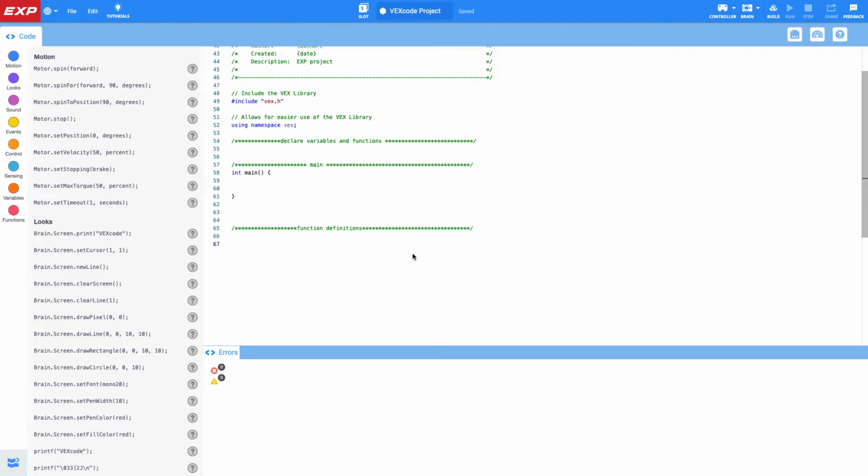To the new EXP coding space and the differences between it and Robot C. Now the main difference is obviously it looks a whole lot newer and fresher, but there's some other differences as well. For example, this coding space is actually going to be using real C++, real C programming language. And that programming language is a little bit different than what we've been used to when we've been coding in